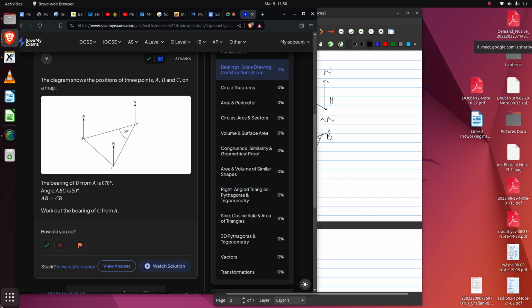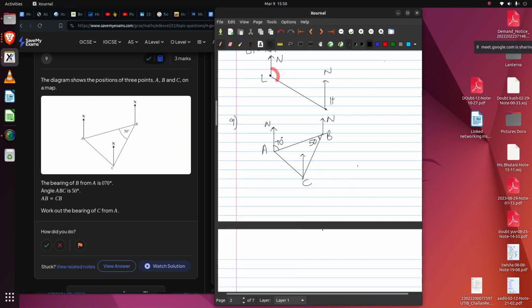So how do I use this information? AB is equal to CB. You know. So we know from AB to CB, like all of the angles are equal. Which angles are you talking about? Isosceles triangle. You know what it is. Yes. So if two sides are equal, then